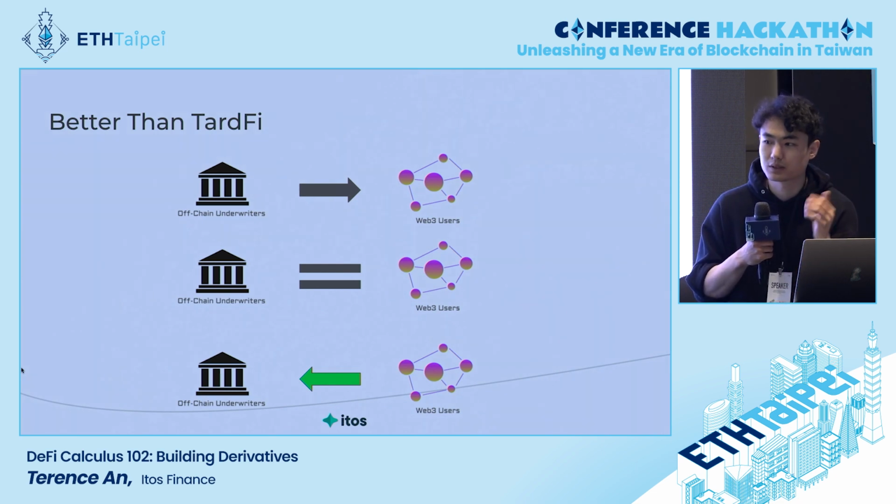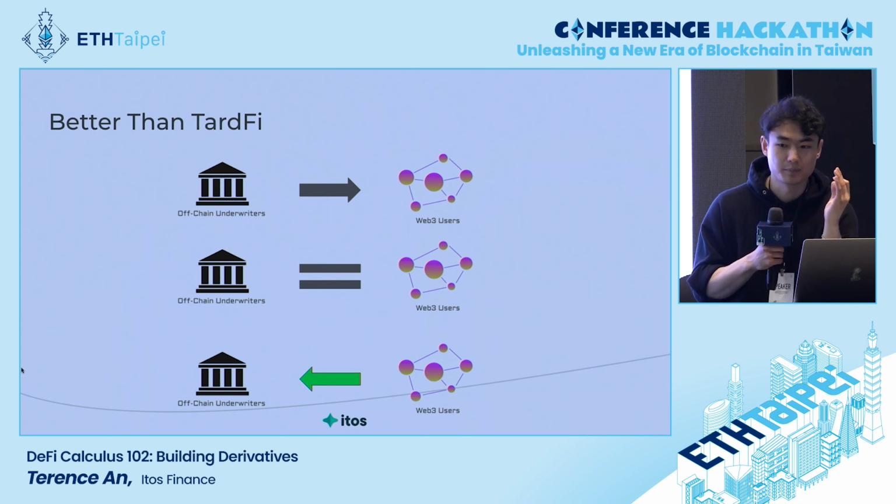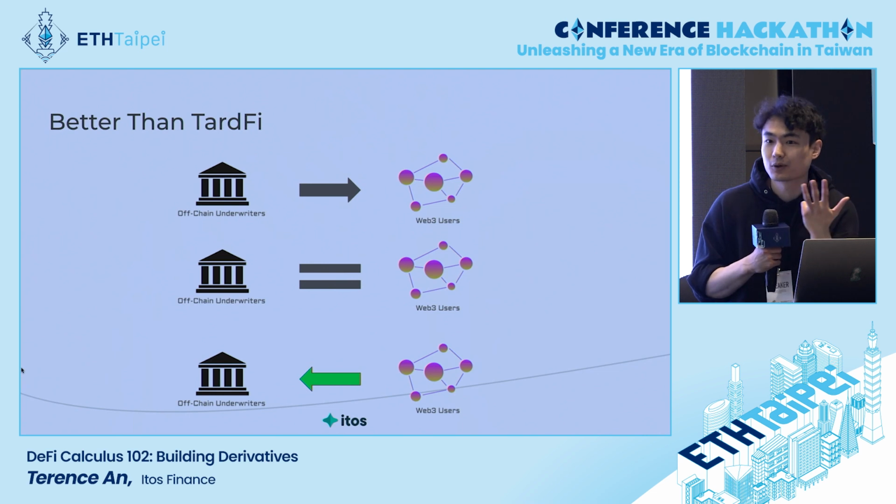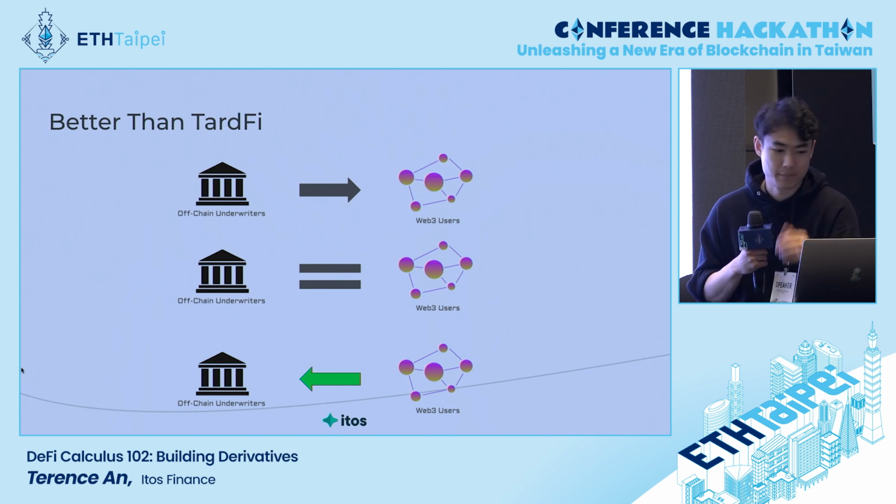One of my friends works at Goldman Sachs, and his desk regularly underwrites about $2 billion worth of structured products every month. And the only thing they're really doing is floor valued SPY, floor valued NVIDIA, floor valued Tesla. And that is so easy to make on chain. If you ever had an RWA for any of those things, you don't have to go through an account manager. You don't pay them commission. You don't pay fees. You don't make 6 phone calls just to make sure you have the approvals to do it. One transaction, boom.